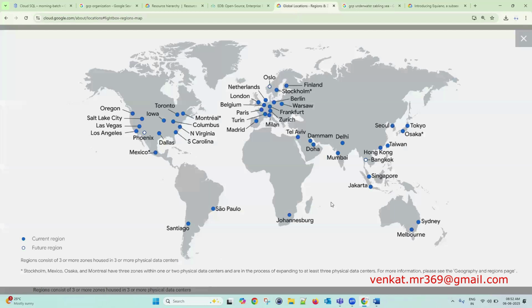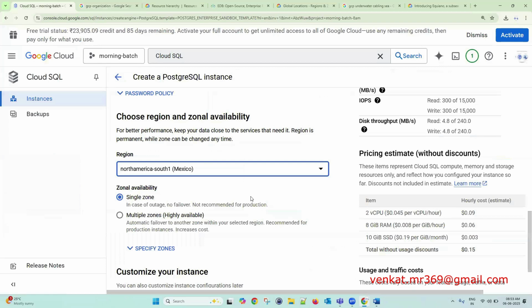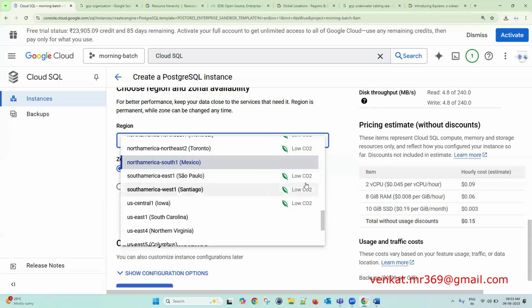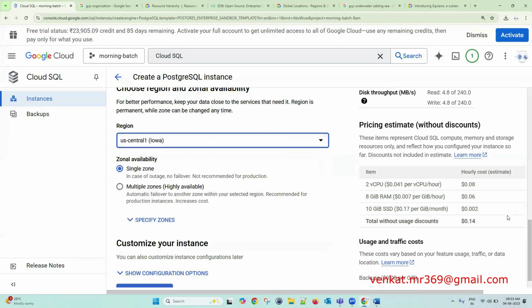Okay, locations, regions. Every region will have one VPC and some subnets. I'll show you that. See this one, right? Any region. Low means it is highly feasible and very fast and friendly. For that reason, the green color is what we frequently use. If it is low, you will get low cost. For example, I'm selecting US Central. What is the cost for this? Around